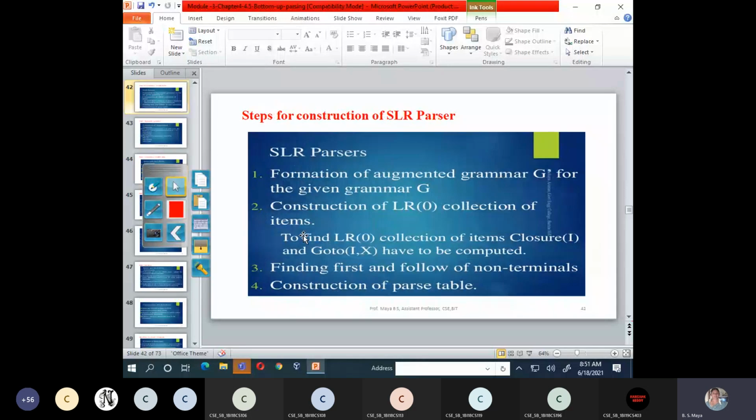If the question asks to parse the given input, there is one more algorithm. Using that you can parse it and show whether the input is accepted by the SLR parser or not.